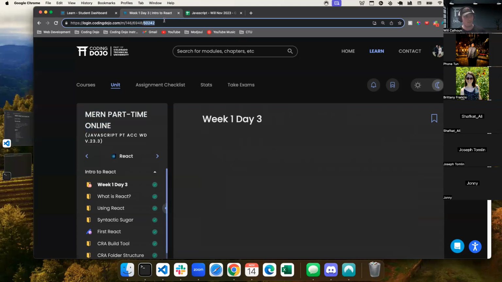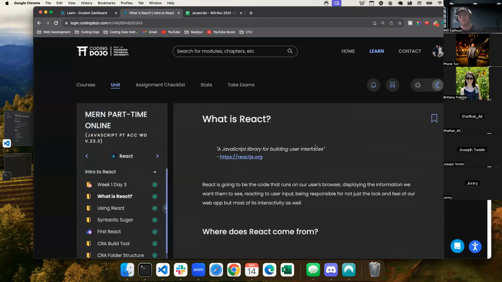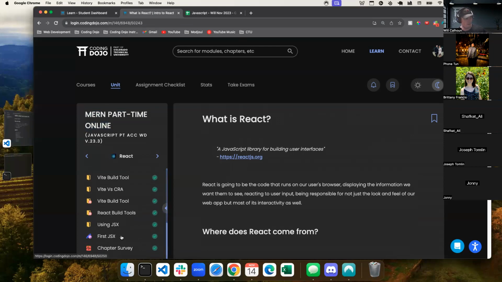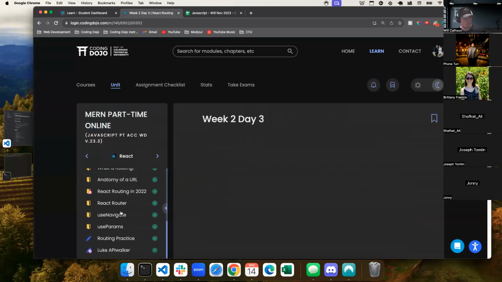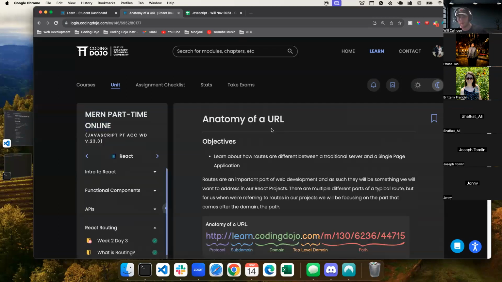And then lastly, this end part of my path is, well, which one am I clicked on? Therefore, what material am I showing? So that is really the anatomy of a URL. It is really dealing with the path. And all of this is us creating different, what we call routes.